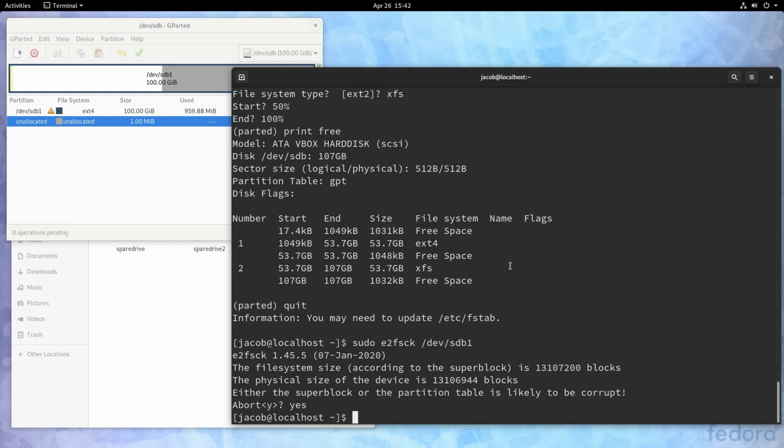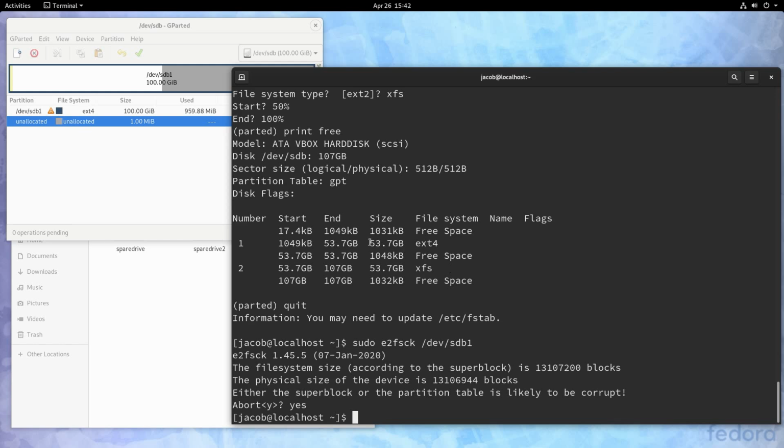If we were to make a file system on this second partition, remember, this XFS is just a label here, but there is no file system created on that partition yet. If we make a file system, we're going to have data loss because our ext4 file system is still kind of hanging out into partition 2's physical space. So we could go and make an XFS file system right now and there would be no error, but we would be overwriting part of our ext4 data. So we need to take care of this first.